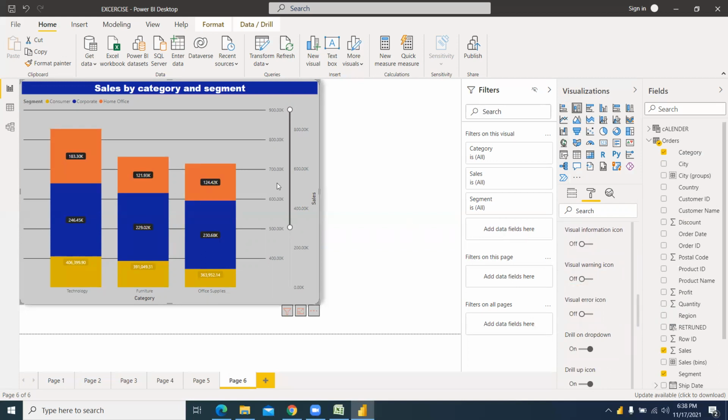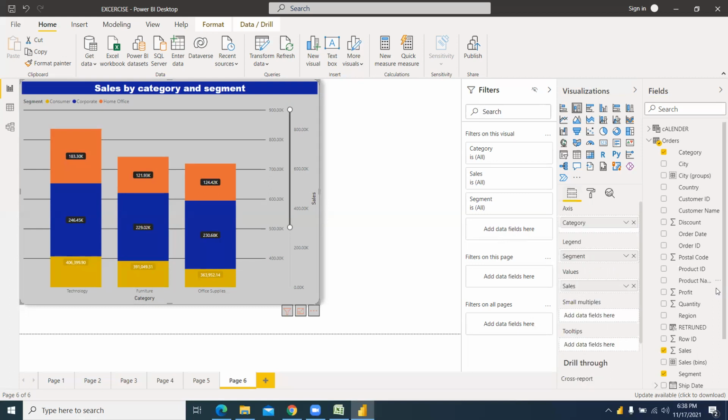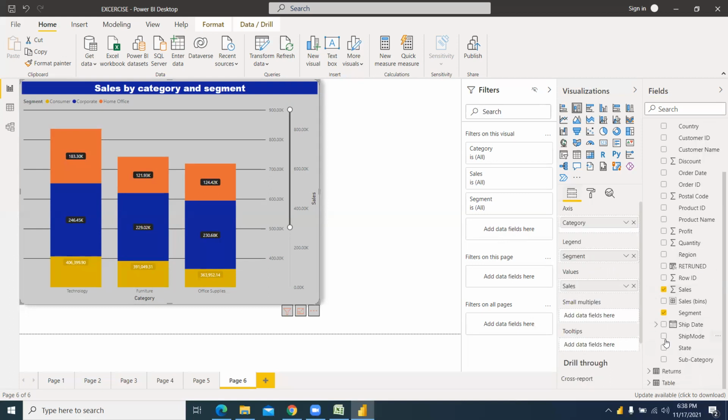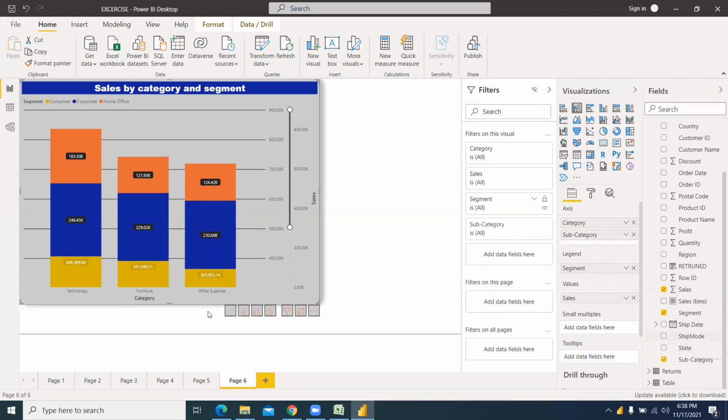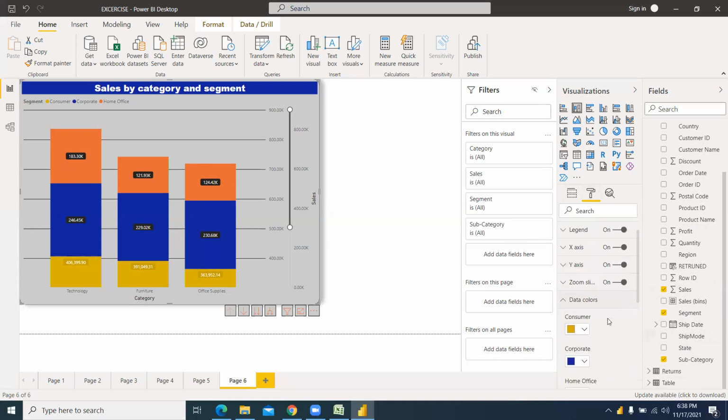Drill down. Let's say I include here one subcategory as well as a drill down. So I'll put the subcategory here, and now you'll see drill down options. Even though if you turn it off, it will be visible here, but it won't show when you publish in online services. It's because you are developing it that it is showing. Let's say I turn off the drill down here, you see, it is not going away. Drill up icon, it will be visible here because here you are developing it.